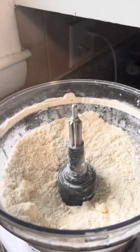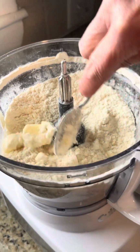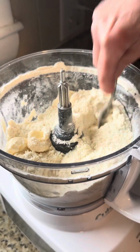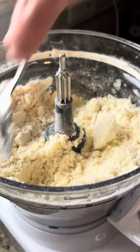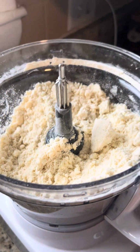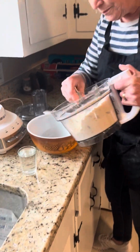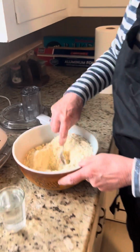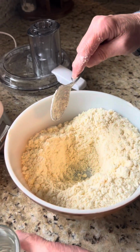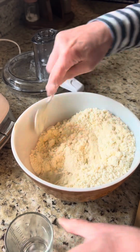Okay. You see we still have a little bit of the clumps. That's a little too much, so I'm going to whir it up again. See, this is what I'm looking for. It looks like sand. It looks like soft sand. It looks really good. We're going to put this back in the bowl. I'm going to make a well right in the center. And I'm going to add most of this. And I'm going to see what...